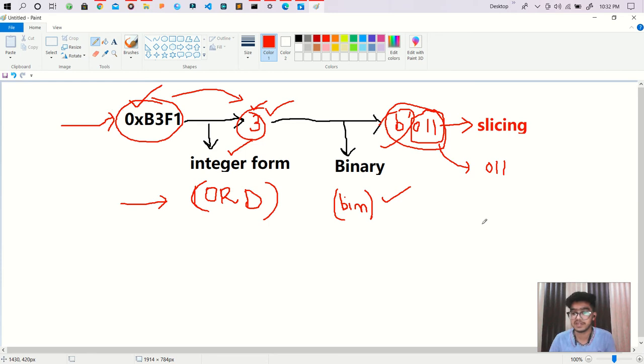But you know very well we are using an 8-bit format. That's why we are using the method rjust, and with the help of that method we are converting it into 8-bit format. How do we do that? Let's see.